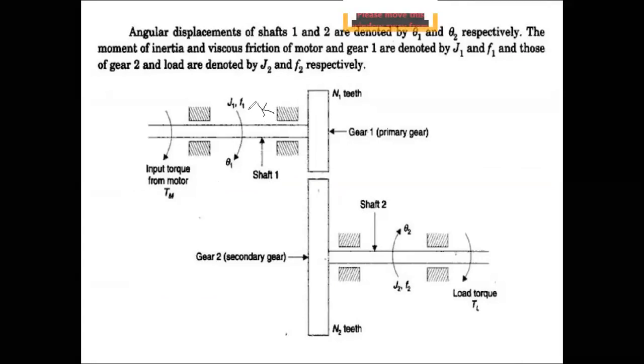What is K? See here, whenever you are having F, that is friction. It is similar to your beam. I forgot to mention, F is your damping constant, or viscous friction. Similarly, B is also a damping constant. What is not seen in our case is K, or K suffix R. What does K suffix R refer to? The torsion, rotational spring effect. So we assume that this shaft is very stiff, and there won't be any torsion effect in this particular shaft. That is the assumption we are going to make.